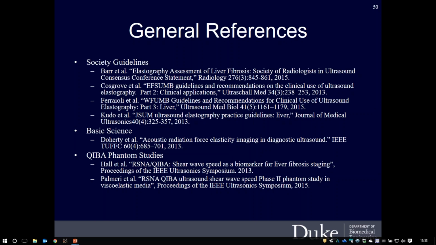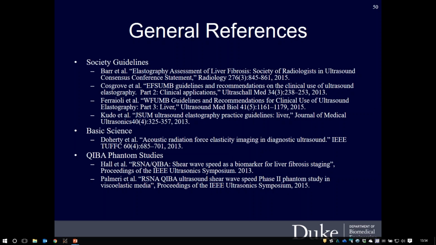This is a bit different than the MRE data. As the pictures I showed alluded to, they actually get a wave field that encompasses most of the organ, and they probably get a more overall global measure of stiffness than the ultrasonic systems, which have a much tighter region of interest. I think that if you are looking for characterizing more of the heterogeneity of stiffness across the liver, probably the current recommendation would lean more towards taking 10 measurements at a given location and then doing that at disparate locations spatially throughout the liver to build up that map so that you have higher confidence in a reported speed at a given location.